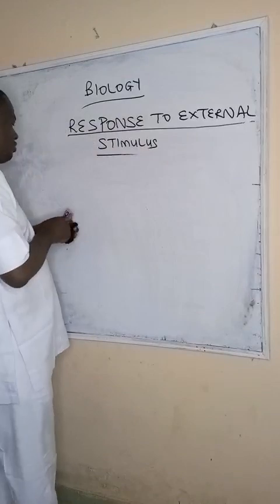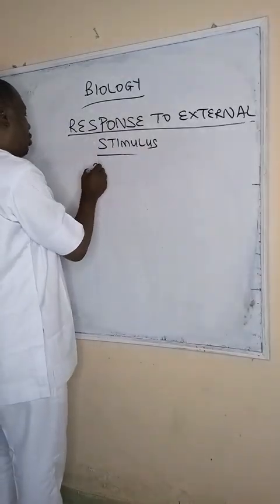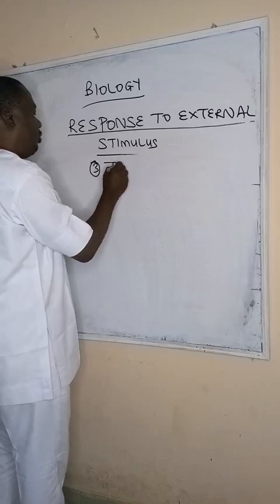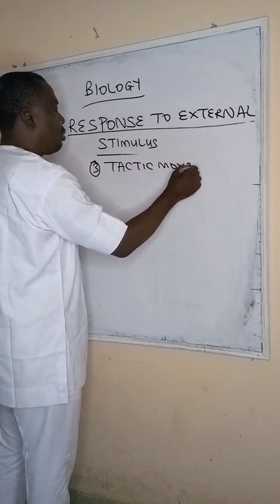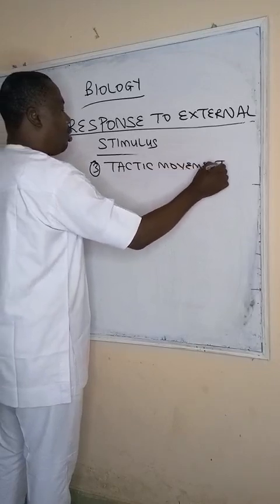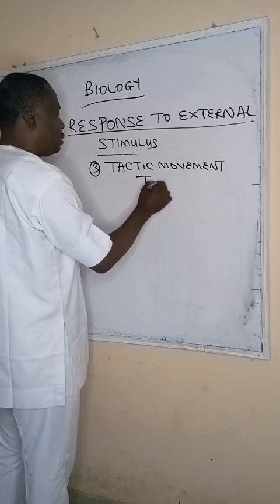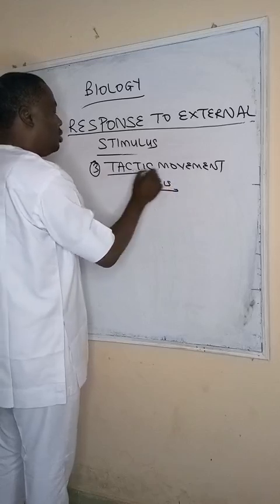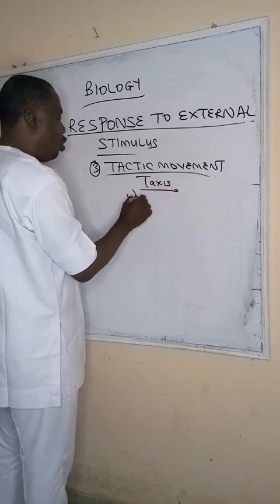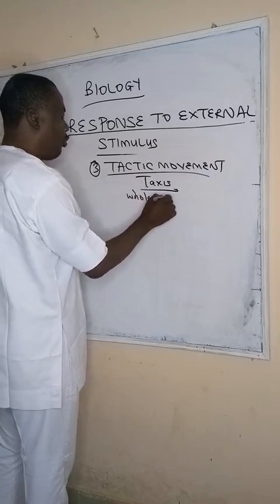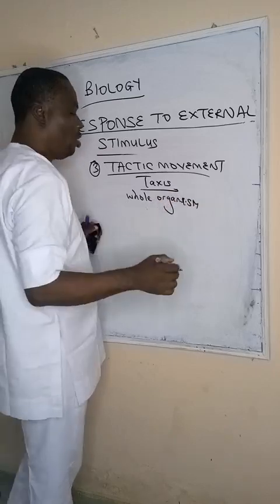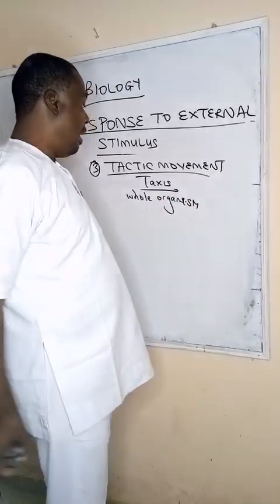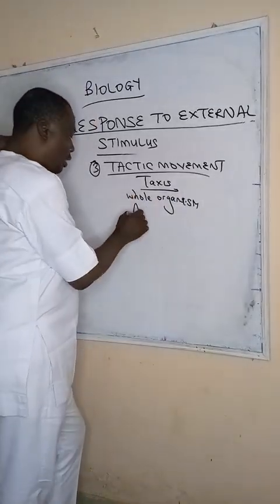Now the next one is tactic movement. The third one and the last one. Tactic movement. This is also called taxis. This involves the movement of the whole organism away or towards a stimulus. The whole organism moves. And it's common in motile organisms like amoeba,